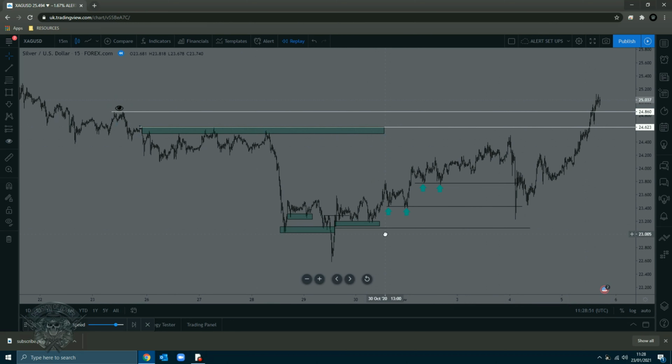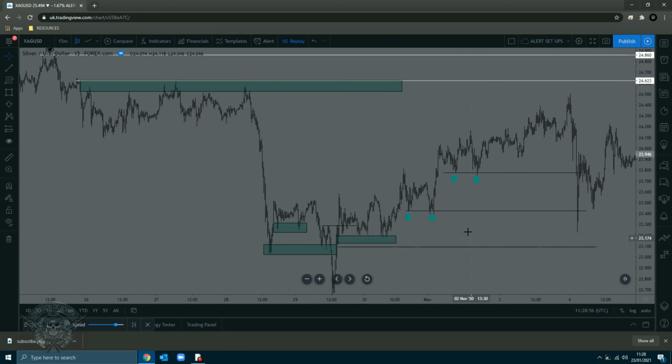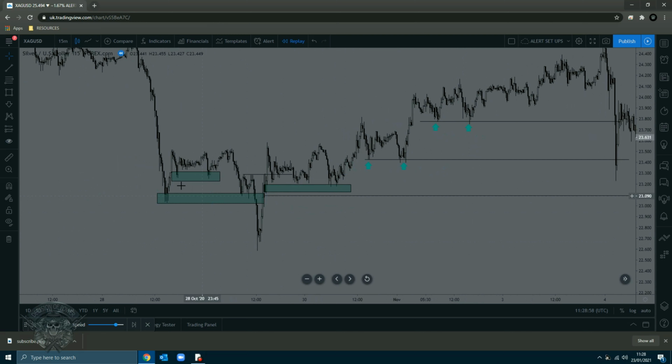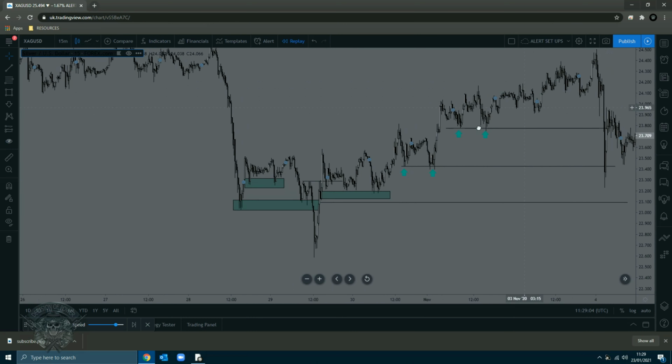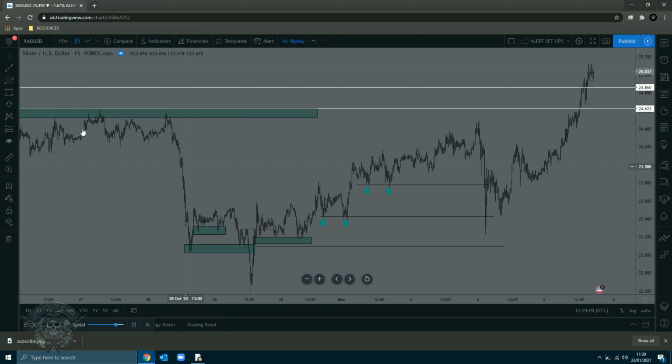Now, our position was based all on that same pattern that I talk about in all these videos, the same concept. You've got to have the run on stops, so equal lows, run on stops, break of structure, get in on the retest. Now if we had taken this trade, and we got in at that exact point with the stop loss below,